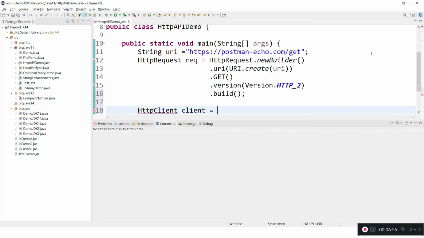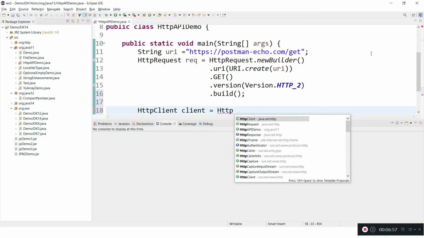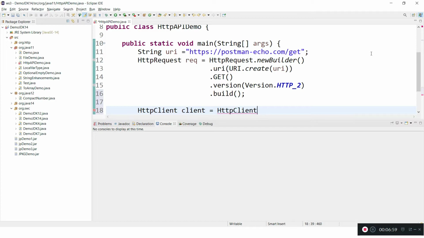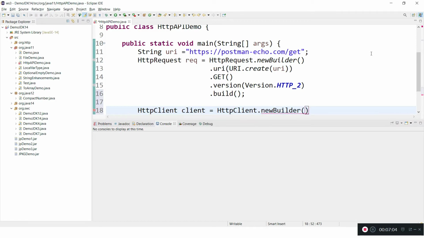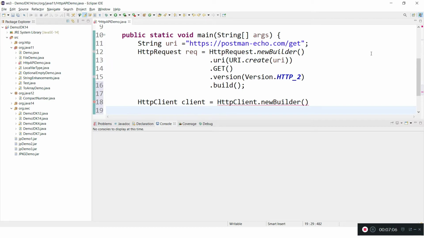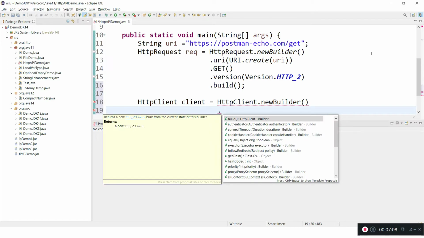equal to HTTPClient dot newBuilder, and on top of this client, let's see if there is anything we can set here.